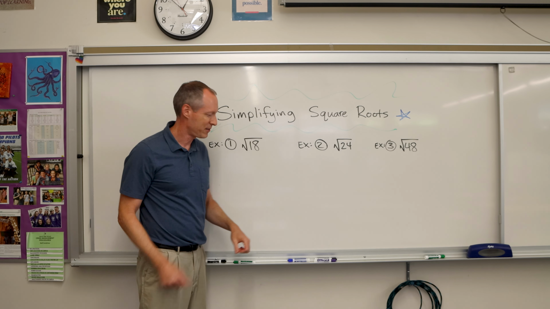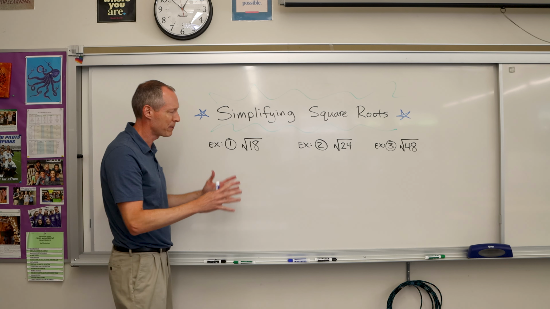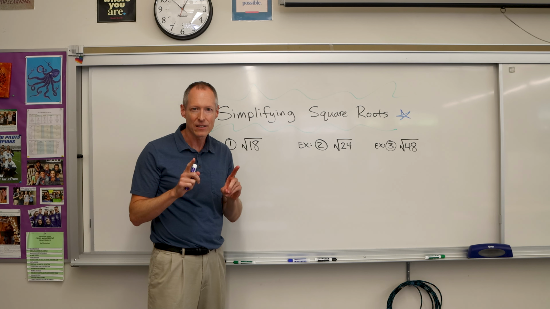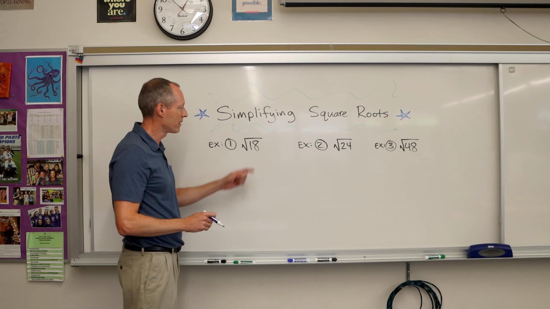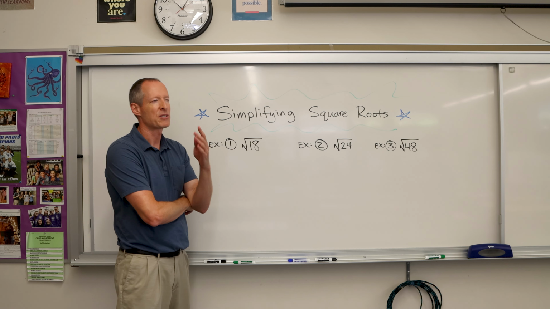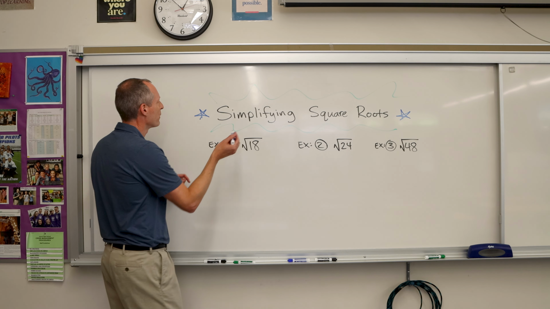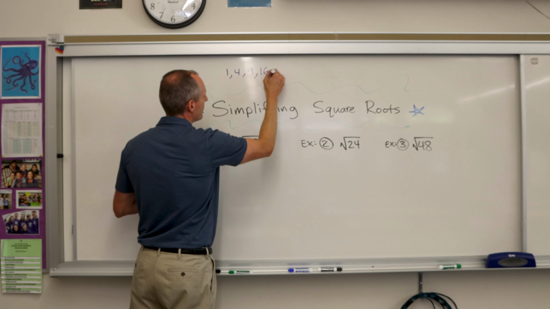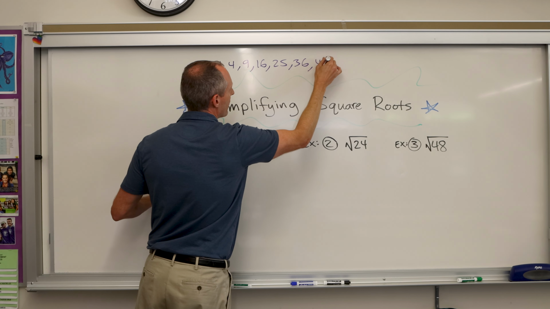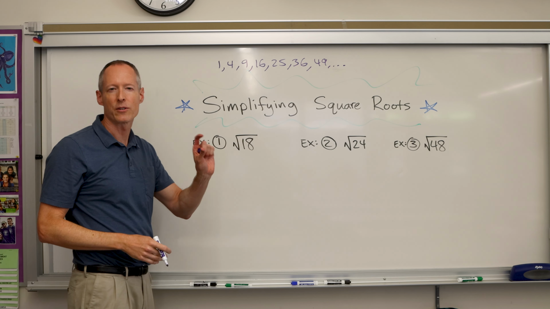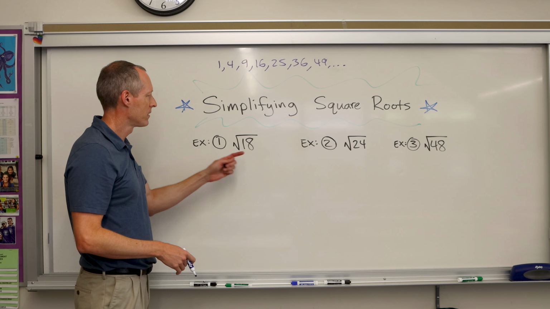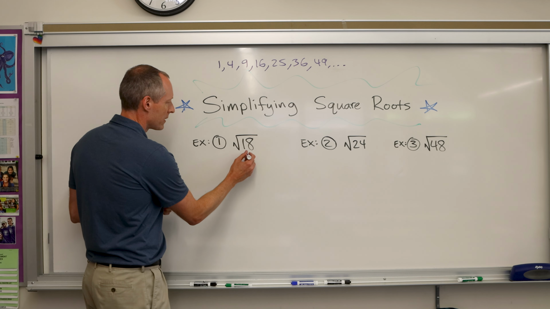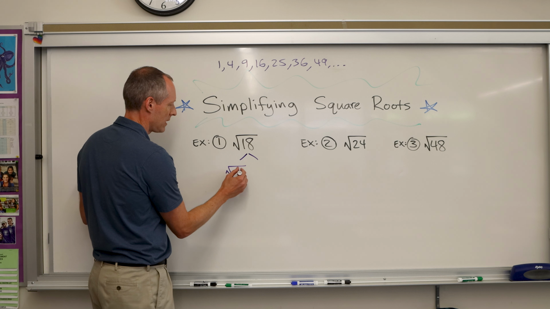Okay, let's apply that to a few examples. So when you're simplifying square roots, the key is you got to find the perfect square that goes into it. Ideally, the largest perfect square. So if I look at the number 18 under a square root, maybe I should do a quick thing. You do have to know your perfect squares. So perfect squares, starting with 1, would be like 1, 4, 9, 16, 25, 36, 49, etc. Give you that idea. So perfect squares are numbers, it's the same number multiplied by itself. So we're looking at 18, it's not on that list, so it's got to be something smaller than 18. Hopefully you see the perfect square that goes into 18 is 9